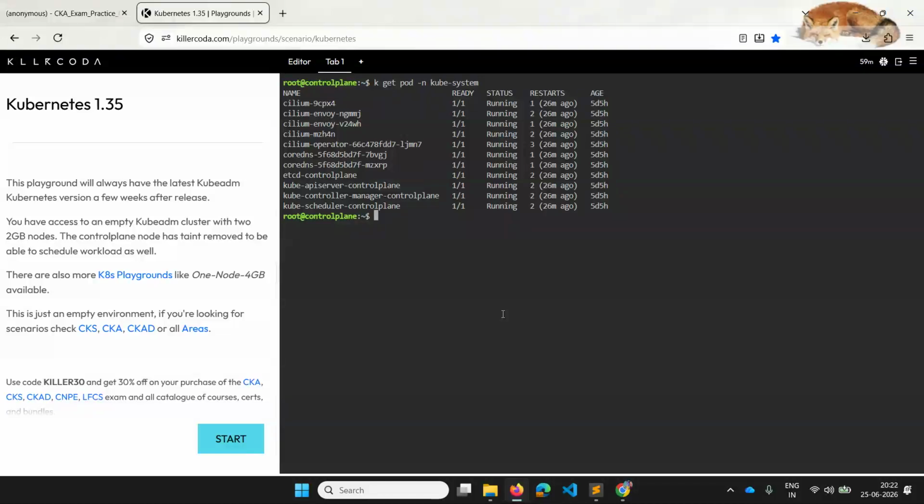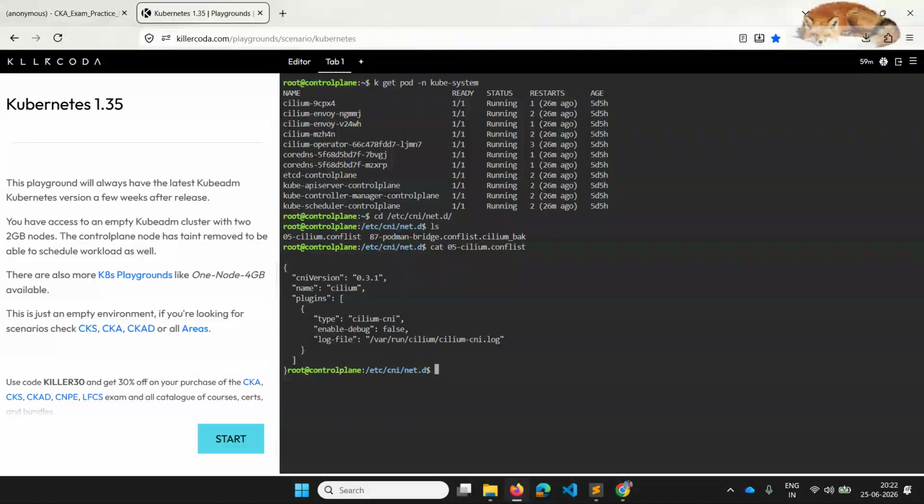I'm just showing you how we can do the troubleshooting. So this is the first step, where you can verify whether the CNI plugins are running properly or not. And one more check you can do on your node is in /etc/cni, and if you go to net.d, you will be able to see some files. Make sure that for the CNI plugin which is running, the configuration file is properly present. You can also verify the contents using the cat command, and yes, it seems to be fine.